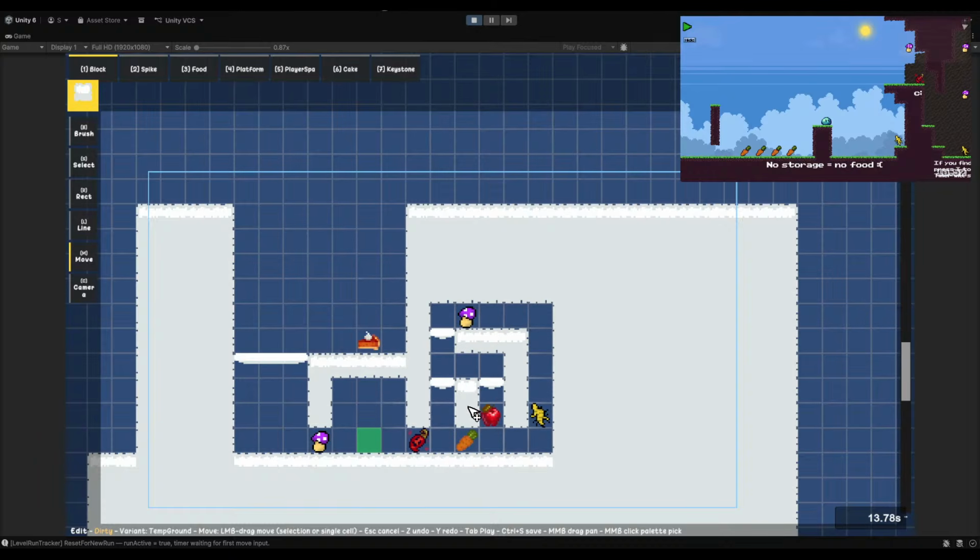Could have mushroom here. Carrot here. Or they're expected to... Now we need another ginseng. This means we need another ginseng in the level. Can do a platform here.